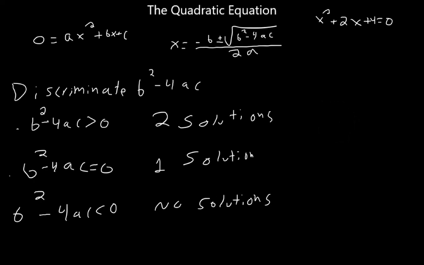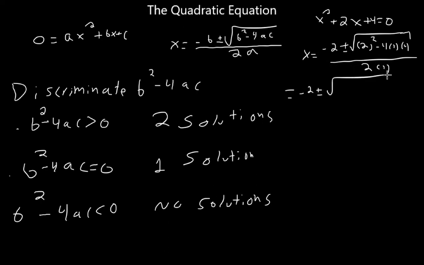You will end up with a complex number. So let's solve this equation using the quadratic equation as an example. Under our quadratic equation, we'd have negative 2 plus or minus the square root of 2 squared minus 4 times 1 times 4, divided by 2 times 1, which would be negative 2 plus or minus the square root of 4 minus 16, divided by 2,